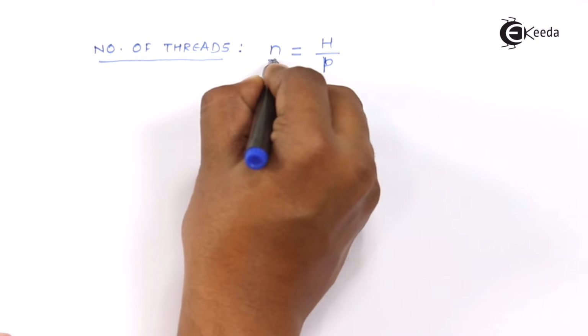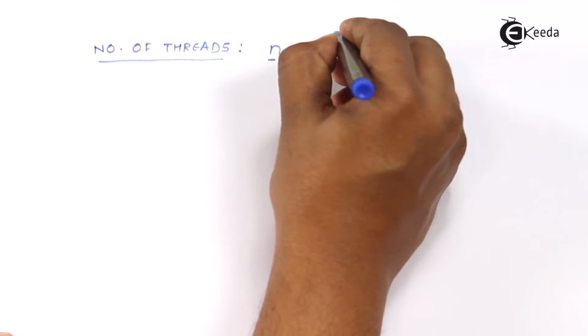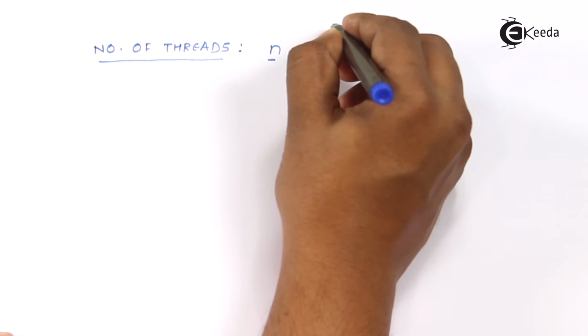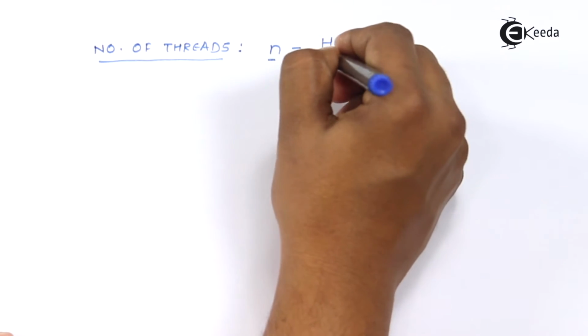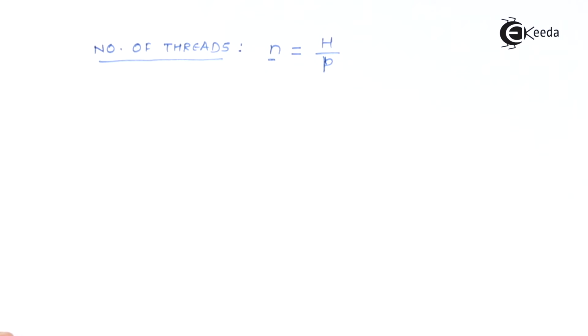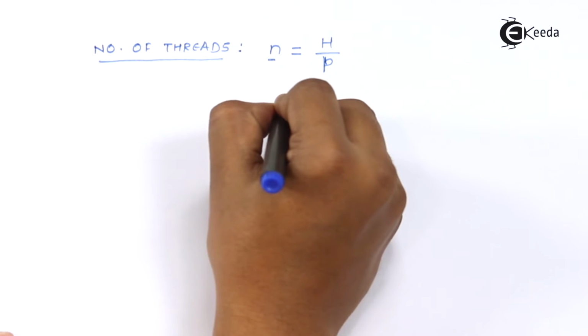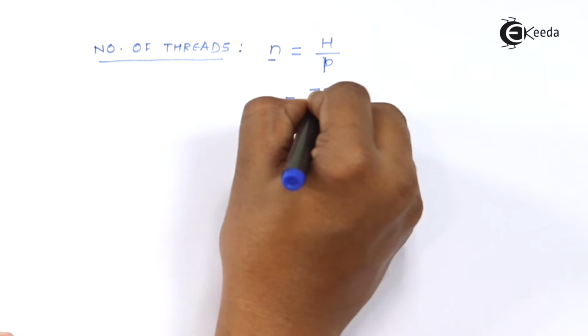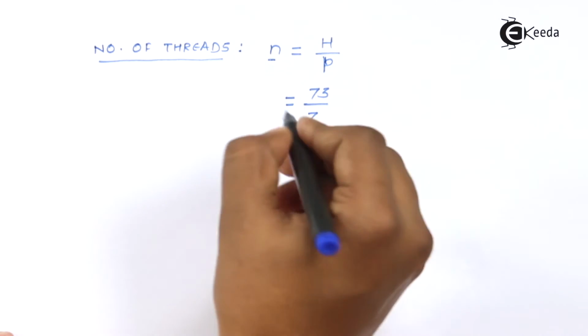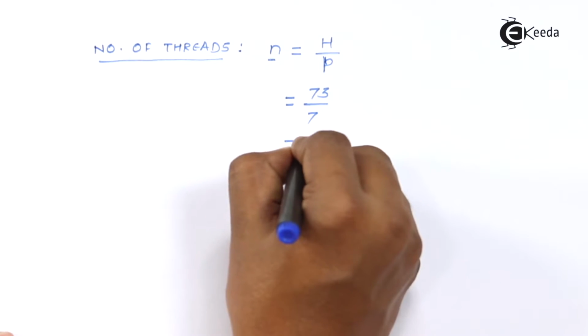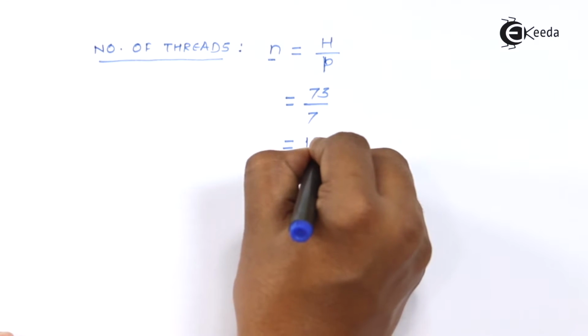It's the number of threads n. H is the height of the screw. So this is the actual height of the screw, and this is the pitch. So the total height divided by pitch, which is the distance between two threads, will give me the number of threads. I already have these values with me, 73 as the H, and the P value is 7. So somewhere it comes out to be